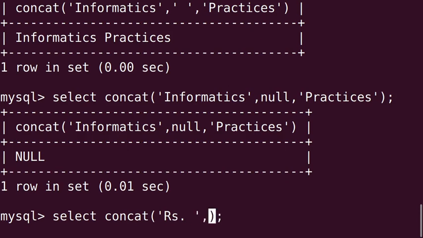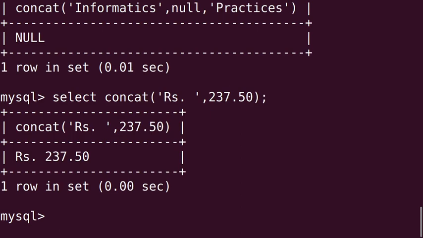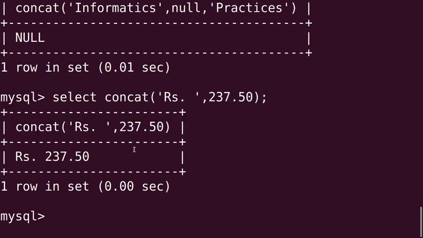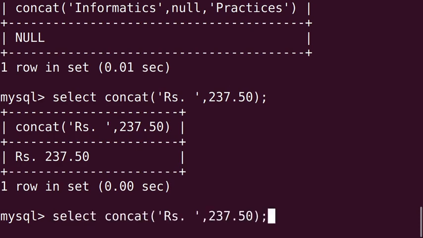Next you put any value, suppose 37.50. See the output. This number is converted to string and they are concatenated finally in the output.